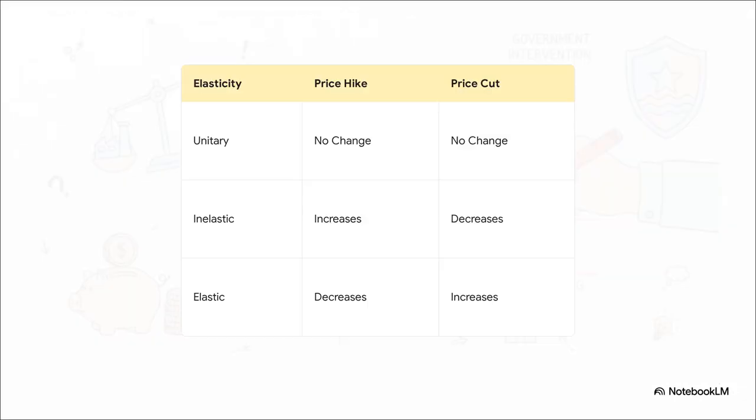And all of this ties directly into the absolute golden rule of pricing, price elasticity. It's pretty straightforward. If your product is highly essential or maybe even a little addictive, meaning demand is inelastic, you can raise your prices and your total revenue reliably goes up because people just won't stop buying it. But if your product is highly elastic, meaning buyers have tons of cheaper alternatives they can jump to, a price hike is going to cause your sales to absolutely plummet. In that scenario, a price cut is actually what boosts your bottom line.